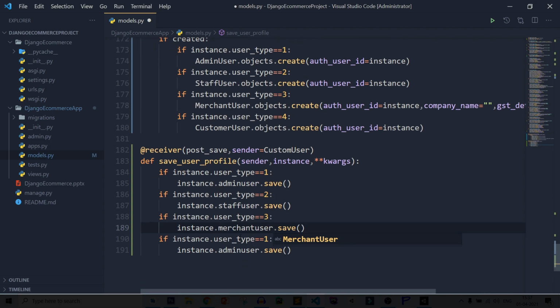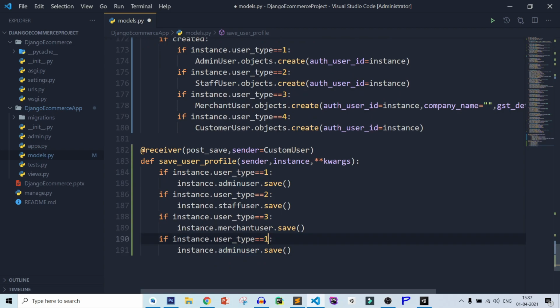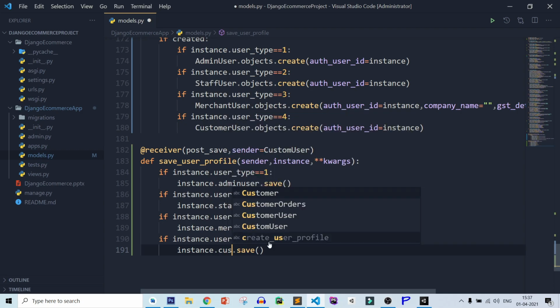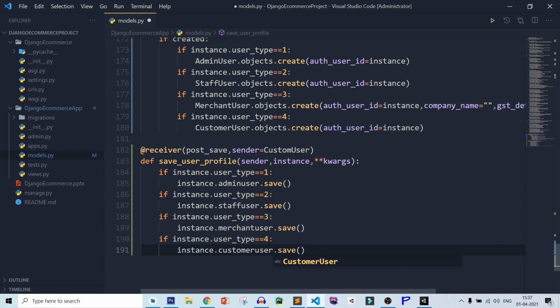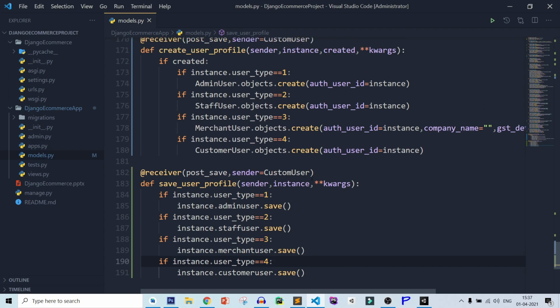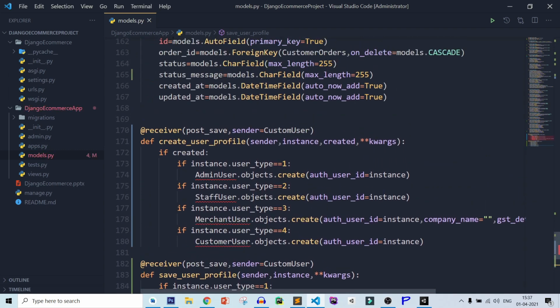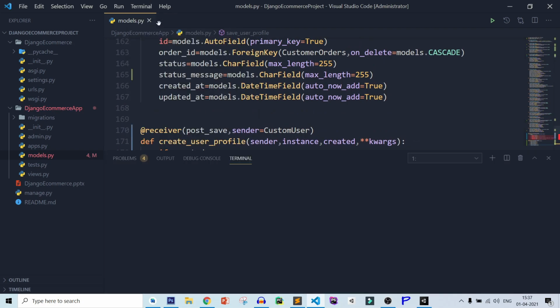Make sure the spelling is correct, and here customeruser. Now save this file and let's run our migration command. So click on terminal, new terminal.